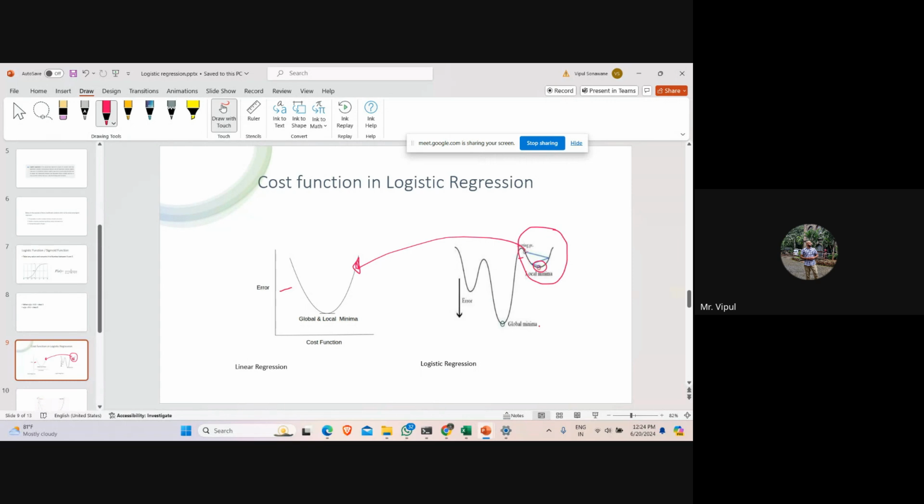लॉजिस्टिक रिग्रेशन में क्या हो सकता है कि यू हैव अ ग्लोबल मिनिमा. सबसे मिनिमम कॉस्ट फंक्शन किसका है? ये पॉइंट का है, ना कि ये पॉइंट. बट आपका डेटा यहाँ पे ही रिवॉल्व कर रहा है, आपका कॉस्ट फंक्शन रिडक्शन जो मॉडल. तो आप यहाँ पे यू कैन नॉट अचीव दिस पोजिशन,